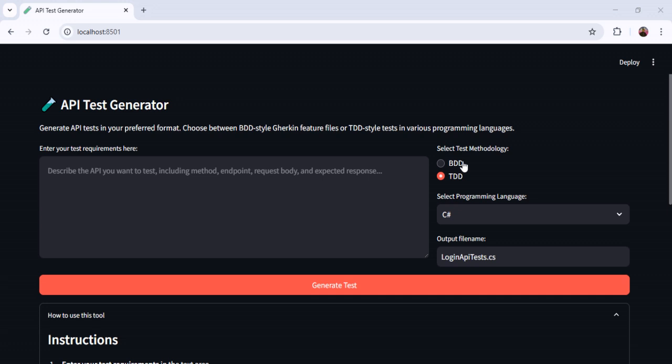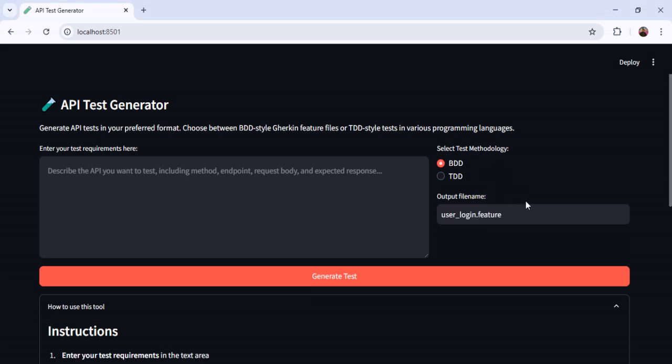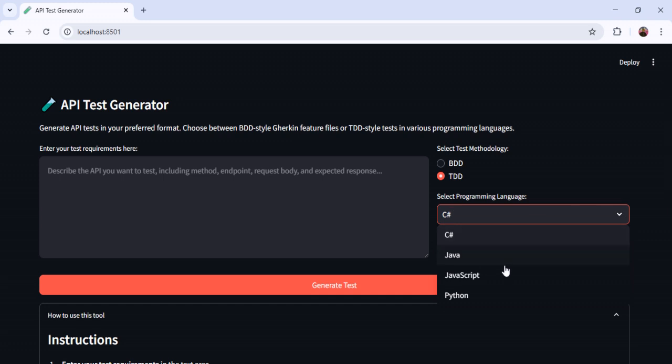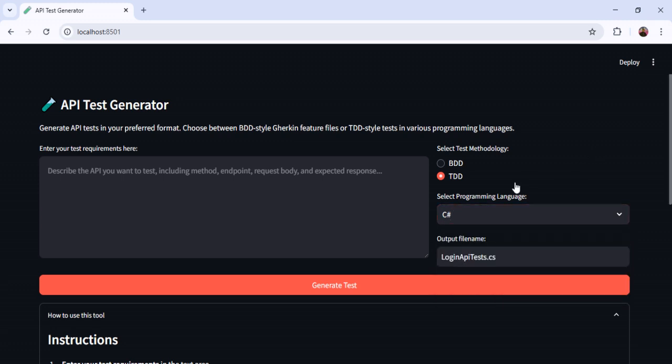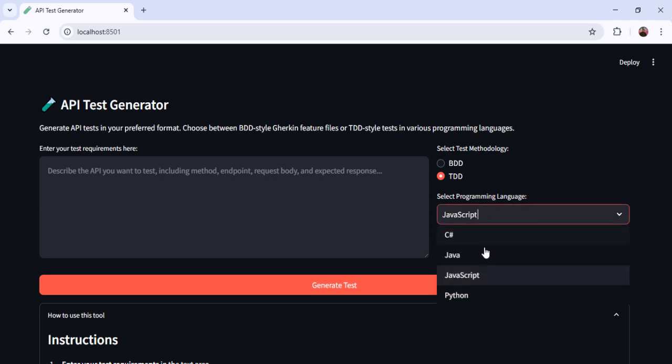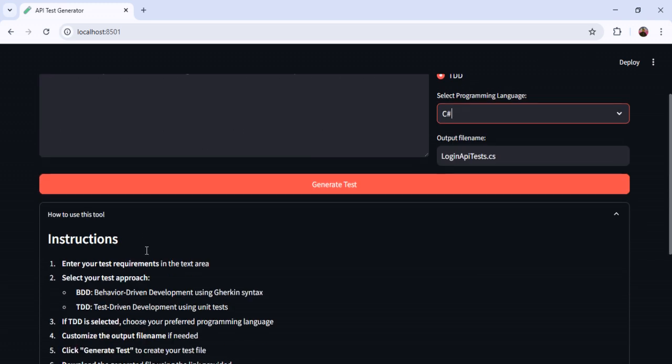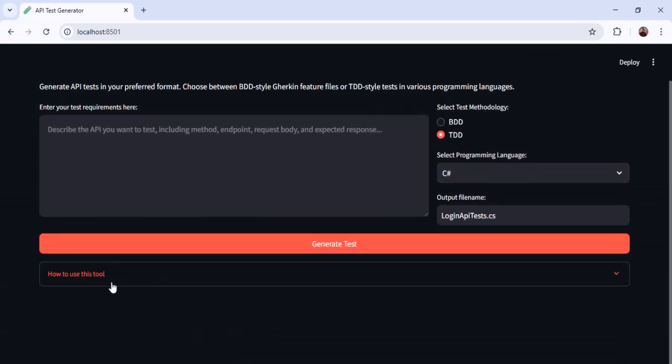If you are selecting BDD, you can specify the feature file, and if you are selecting TDD, you can choose the programming language in which you want to generate the code. We support C#, Java, JavaScript and Python, and after that we can provide the file name. Here we have the default file name added, and here we have the instructions on how to use